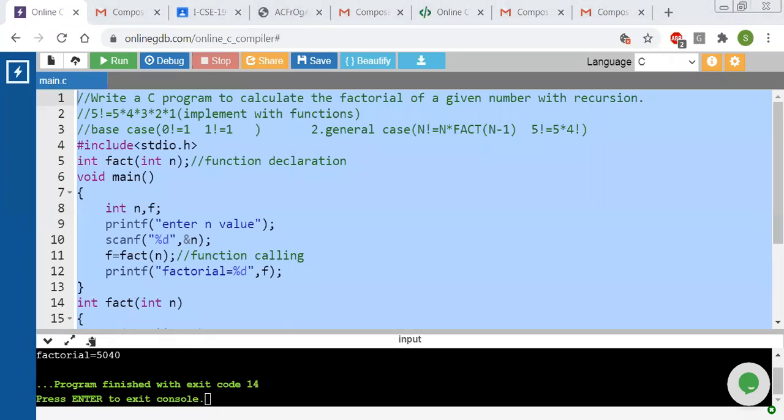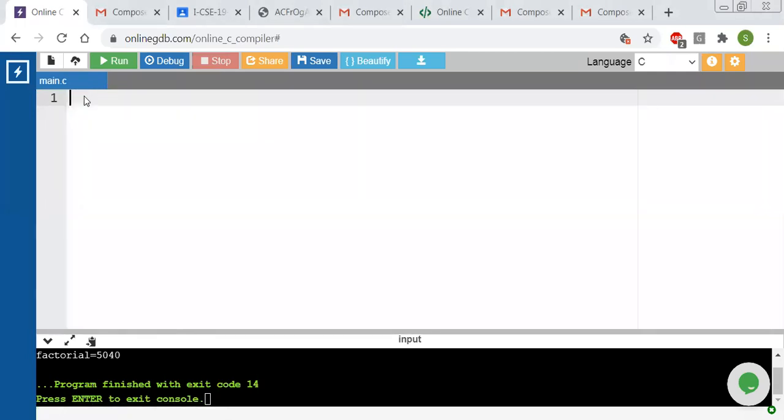What is our next program? Write a C program to display n numbers. So this is our next program. Whenever they have given some program, try to read that program a minimum of two times. In the first attempt itself, you may not understand the program clearly, so you have to read it at least twice. It is better to read three times. Okay, so I will read the program first.